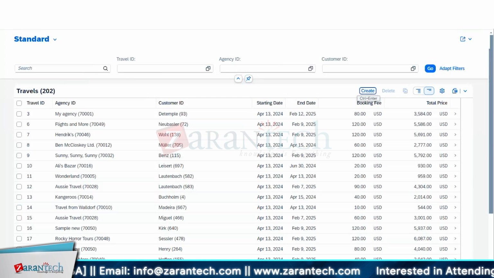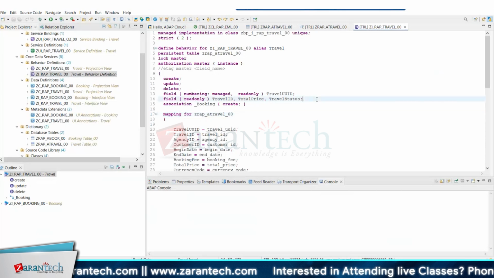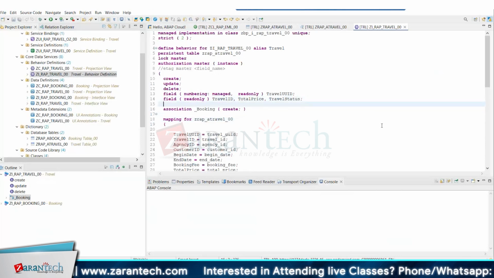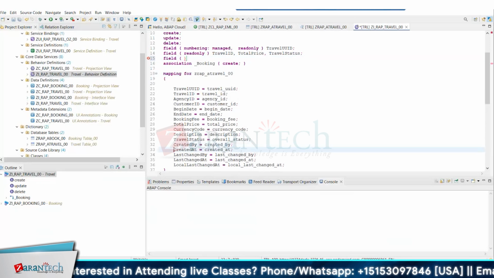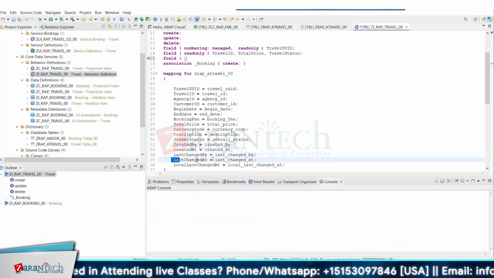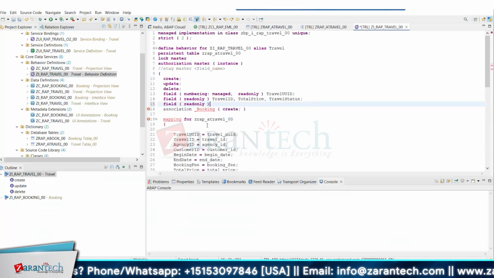Similarly, some other fields also, these fields: created by, create date, last changed by, last change date. So right now we are not displaying, but user anytime can add those fields also. So I will make those fields also read only because those fields also I wanted to fill automatically by runtime. So last changed